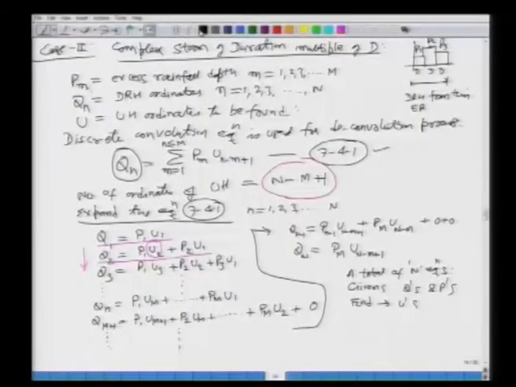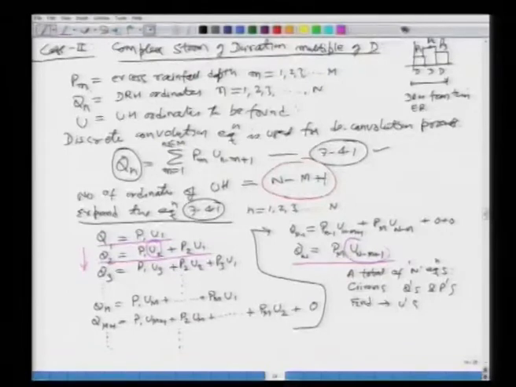Well, it says that you start from the top, right? What if somebody starts from the bottom? For example, you look at this equation. In this equation, the only thing unknown is this guy here, the last ordinate of your unit hydrograph, u n minus m plus 1. Q is known, P is known. So, what we can do is go from the bottom, go up, use n minus m plus 1 number of equations, and then come up with a different set of unit hydrograph ordinates or a different solution.